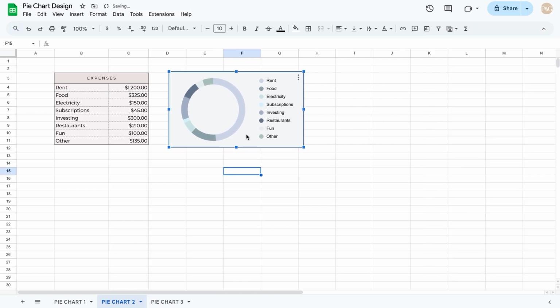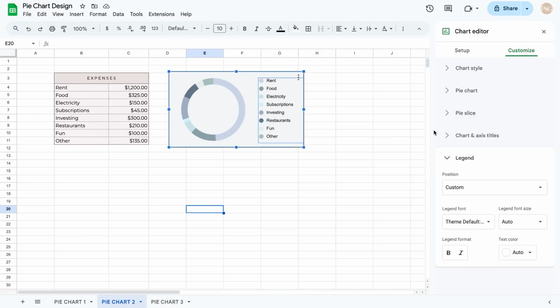And that is it for the second pie chart. I absolutely love how this looks. I think it's so minimal, and I think the soft and gentle color palette and the simple legend on the side makes it look great. Now, one last thing I'm going to do to help contribute to the overall gentle vibe of the chart is I'm going to change the font of the legend to a serif, which I think will just tie it all